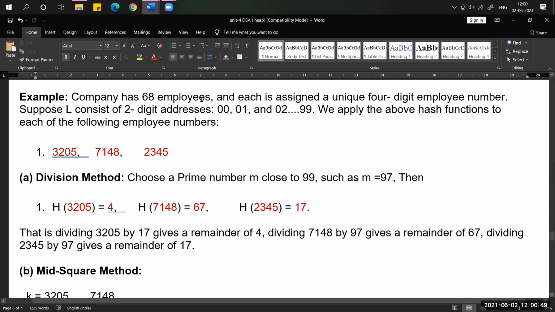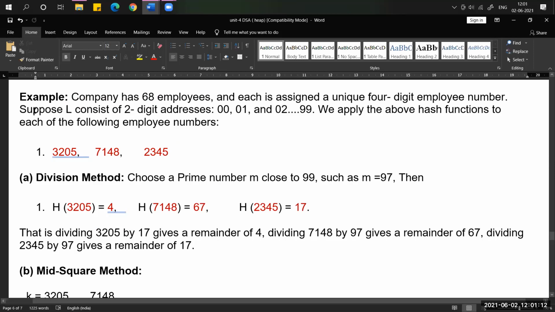Listen carefully: if you understand this example, then you can easily write the theory and the formulas for all the types of hash functions. That's why I'm explaining the examples. Please, all of you, listen carefully.